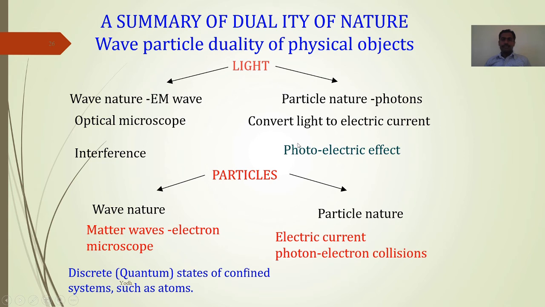Summary: the wave nature of light was supported by interference as well as the photoelectric effect. The wave nature of particles is supported by matter waves in the electron microscope, and the particle nature of light is supported by photon electron collisions. Light behaves like a wave and like a particle, and particles behave like